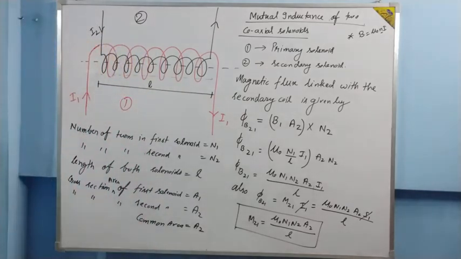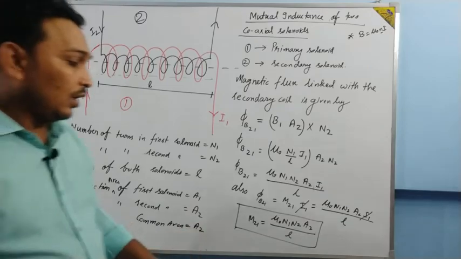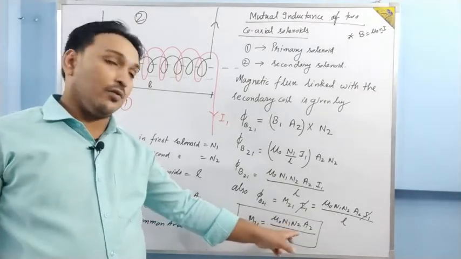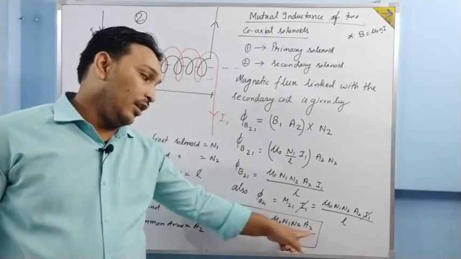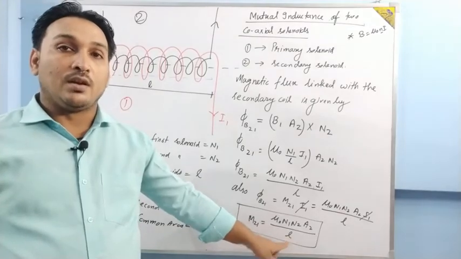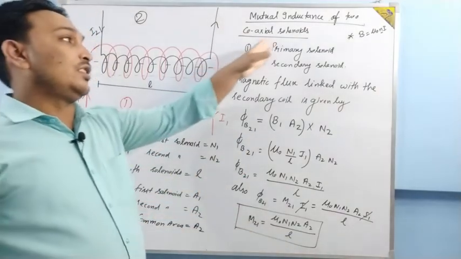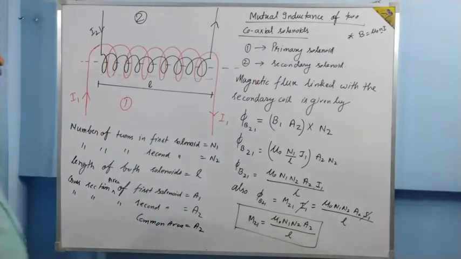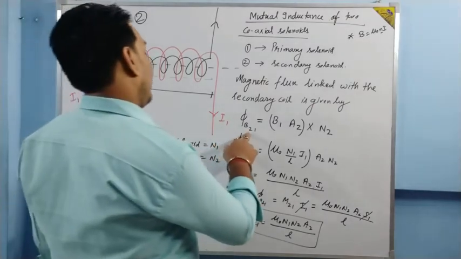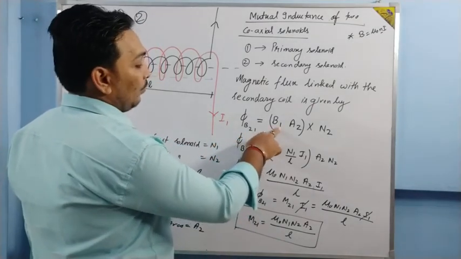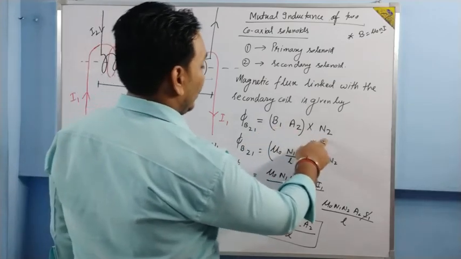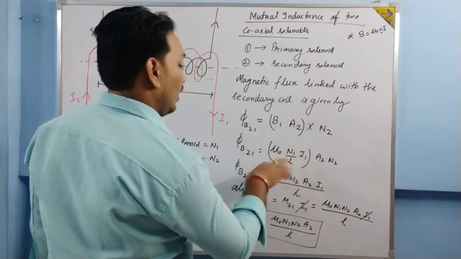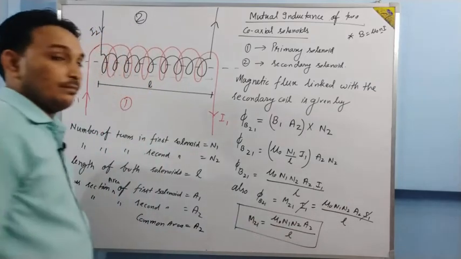Now, this is the formula for the coefficient of mutual inductance, and as you can see from the formula, it depends upon the product of the number of turns, it depends upon the common area, and it is inversely proportional to the length. Now suppose the first is your secondary coil and the second one is your primary coil, then what will happen? Here you would have written 1, 2, here you would have written B2, here it was A1, here it could be A2. But for B2 you will be writing mu naught N2 I2 upon L, and when you solve it you will be getting the same.